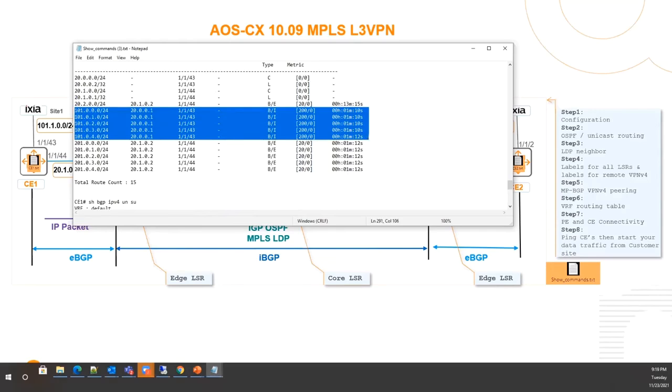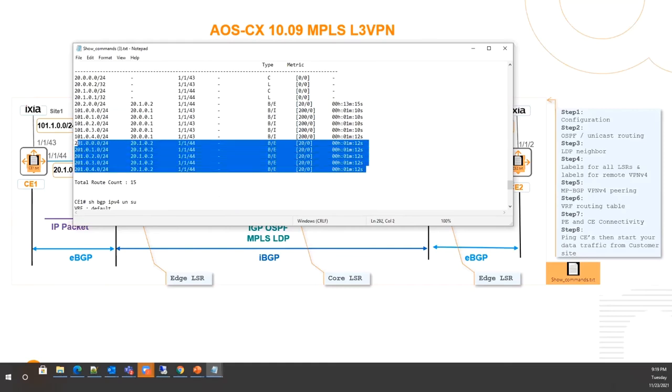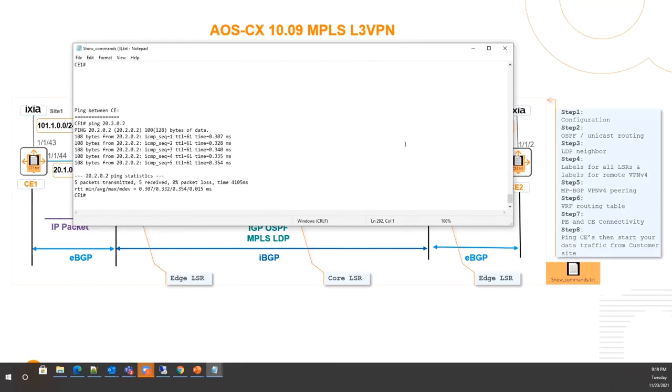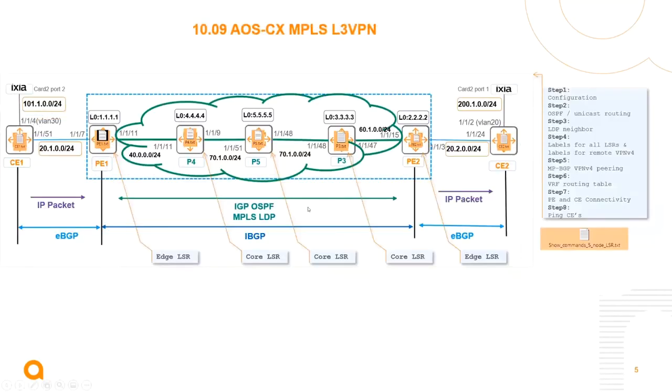That is CE1 to PE1. These are the routes. These customer routes are coming. And also you can see this is learned via eBGP from the PE1 to CE1. Okay, that is what, and the ping part is what this is all about. Let's move on and see the 5-node topology, and that is what the demo will discuss more. So here, if you look at it, I have all the configuration with this 5-node topology. So what we will do is we'll go through this topology and on the devices.